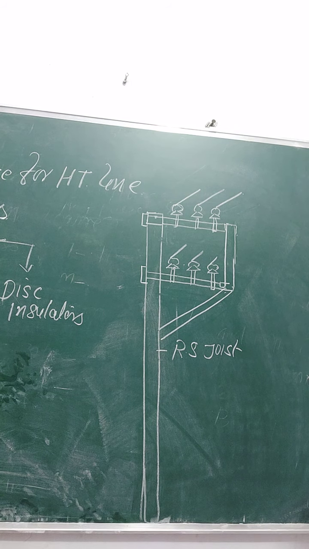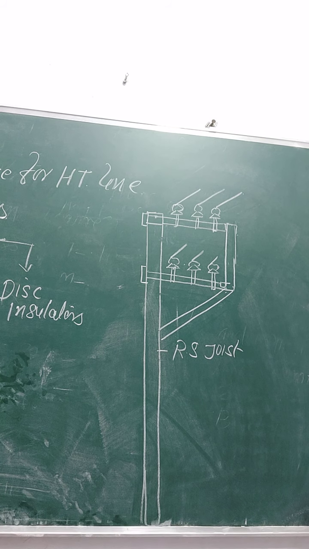The pin insulator is like this. For 11 kV we are having one stack pin insulator, and there is a pin which is having this type of screws. Their threads are there inside this, so this can be fixed up on the cross arm. This is, and this the conductor. Conductor will run over this section.